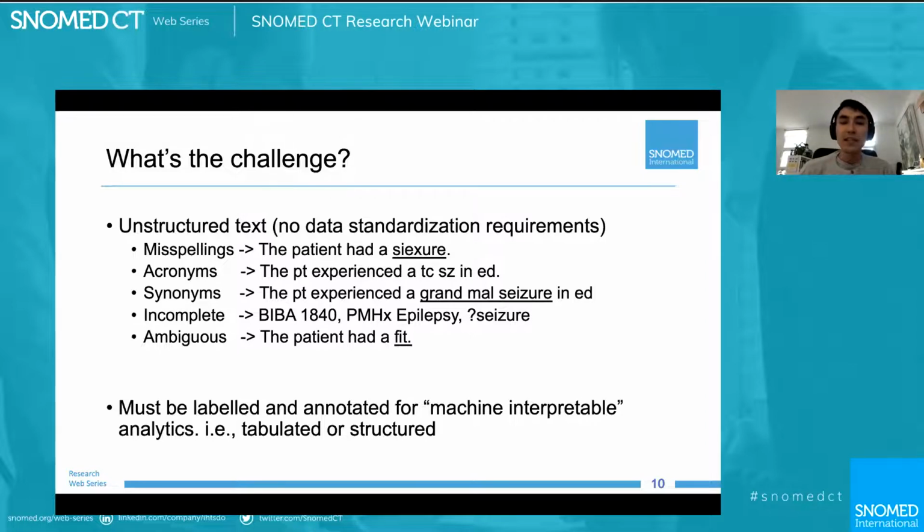However, the disadvantage is that there are no standardization requirements, and it quite often contains spelling mistakes, acronyms, synonyms, incomplete sentences and missing data, and some terms can be ambiguous as well. So in order to perform any form of downstream analytics, it needs to be structured, and key terms and phrases need to be labeled.